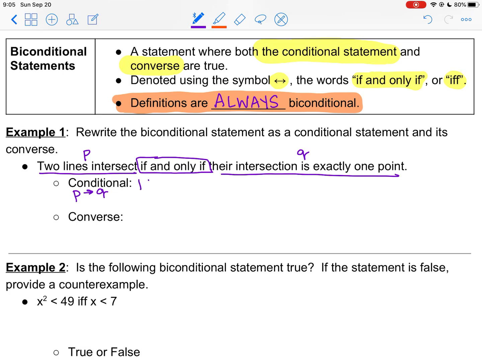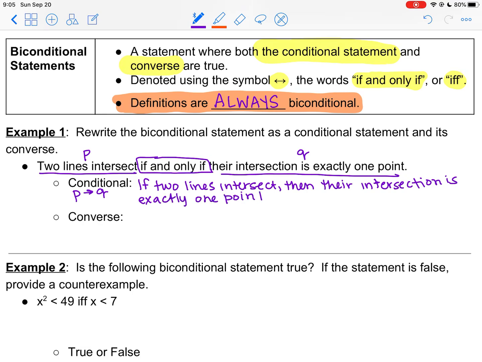So for the conditional, we're going to say if two lines intersect, then their intersection is exactly 1 point. So we're just rewriting that as a conditional statement. And it goes in the same order as the biconditional. The converse of a conditional statement is when you flip the order. So Q, then P. So here I'm going to start with if, and then